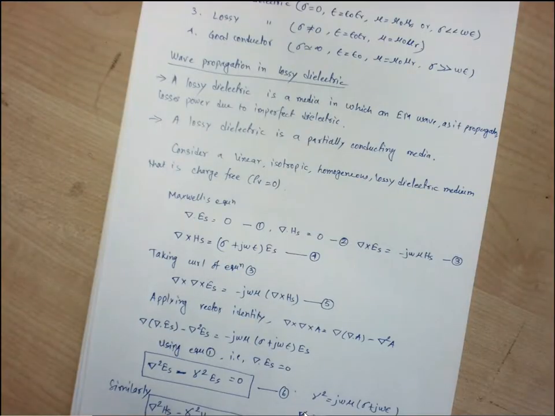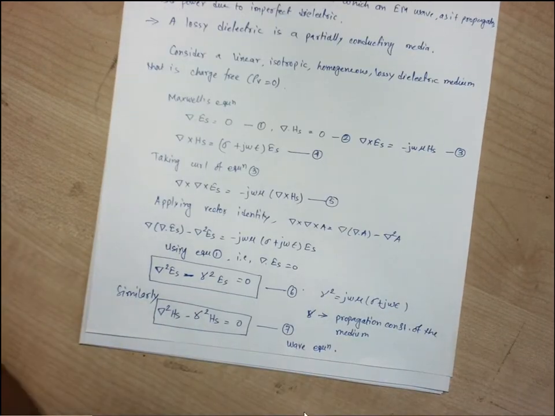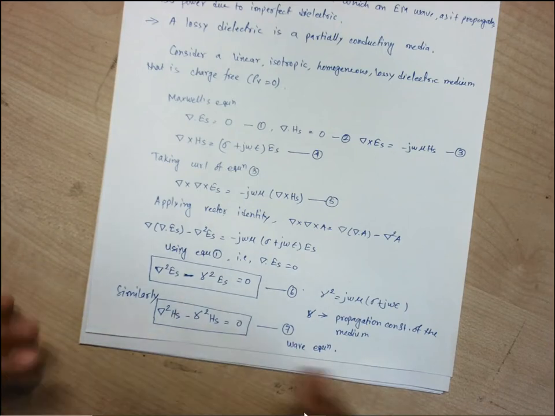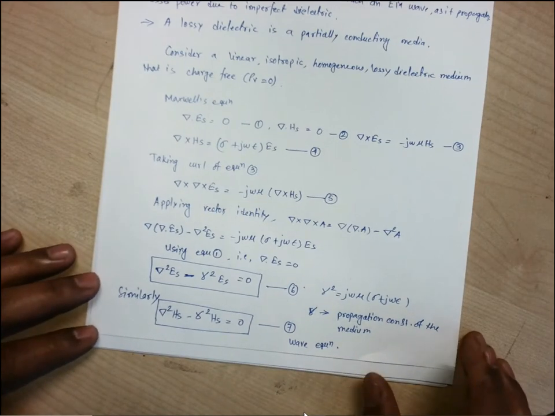Okay, so last class we derived the wave equations for a wave propagating in a lossy medium or lossy dielectric. For that case, these are the two wave equations we have derived by using all our conditions for the medium and the Maxwell's equations. By putting all those conditions in the four Maxwell's equations, taking it as a charge free medium, we get these two wave equations, one for the magnetic field and one for the electric field. After this we will proceed further. So these are the two wave equations.